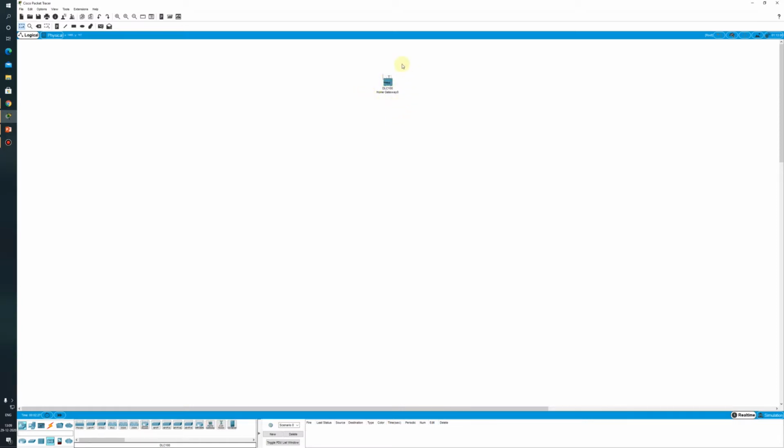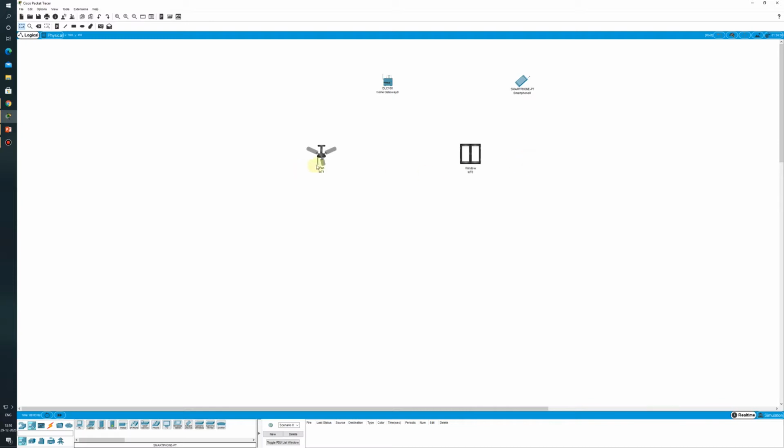This will be the centralized device which will connect and control all other end devices which I will connect in my smart home. So now let me take some end devices. So let me take a window and let me take a ceiling fan. So these are the two devices, and now I will need a smartphone which I will use here to connect and control all the other devices. So let me choose the smartphone.